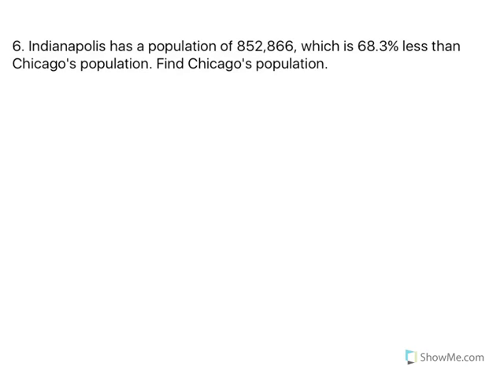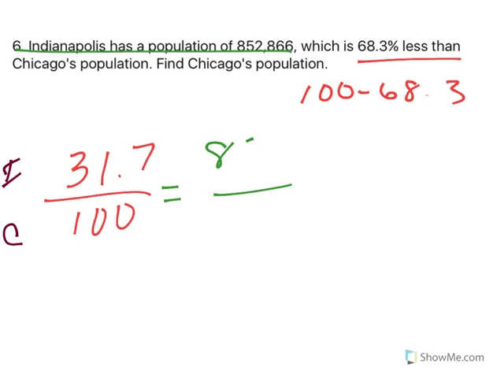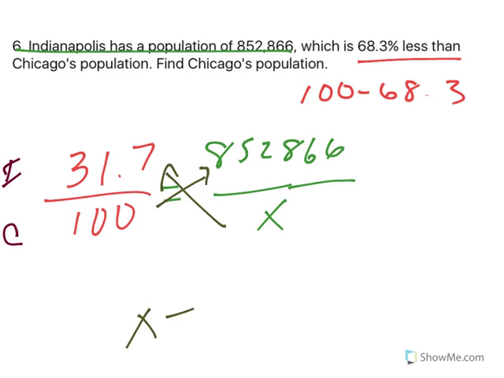Indianapolis has a population of a bunch of people, which is 68.3% less than Chicago. Less. 100, take away 68.3, and I have 31.7 over 100. The top is Indy, the bottom is Chicago. So, I'm going to put Indianapolis population on top where Indy goes, 852,866, divide by x. We cross multiply, divide by 31.7, and Chicago's got a population of roughly